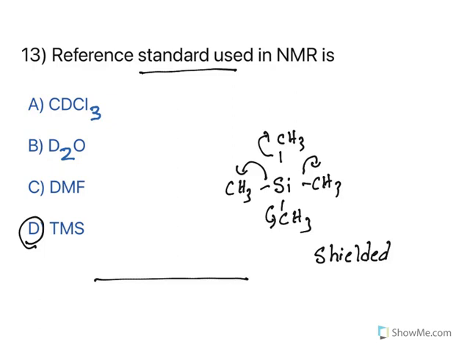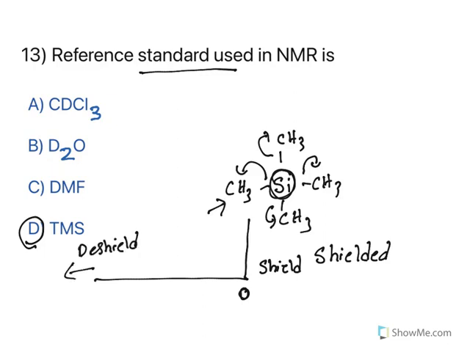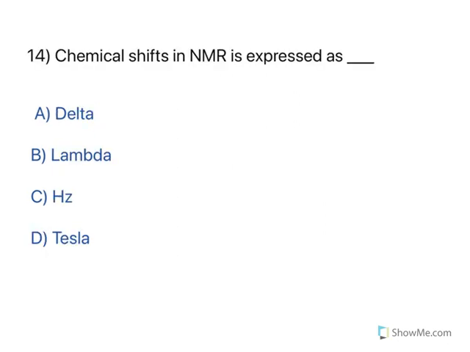That is the reason why it is taken as internal standard, which comes at one end, because they are highly shielded, because carbon is bonded to an electropositive atom. Carbon is more electronegative, so it will be pulling electrons and it will cause higher amount of shielding. See, when you read this NMR spectra, understand this. Anything which is moving away from TMS is called deshielded, whereas which is moving closer to TMS is called shielded one. So the internal standard, reference standard is tetramethylsilane. Next one. Chemical shifts in NMR is expressed as delta. Delta scale is there and that is what is expressed. So the option is A.